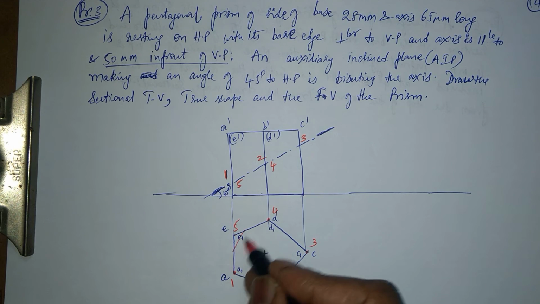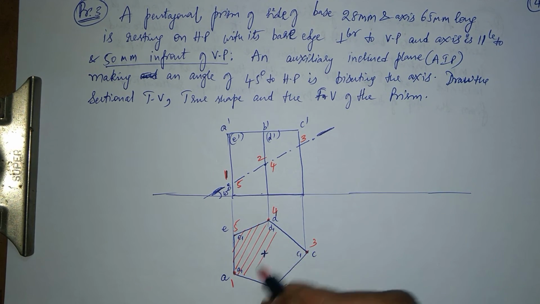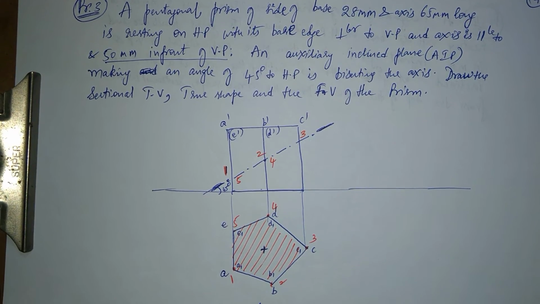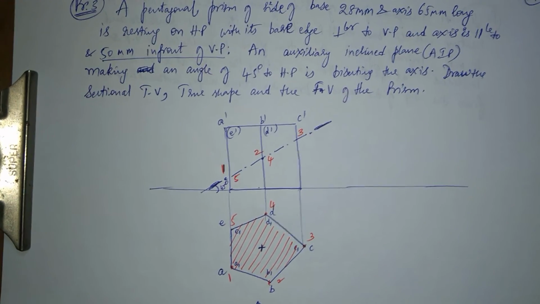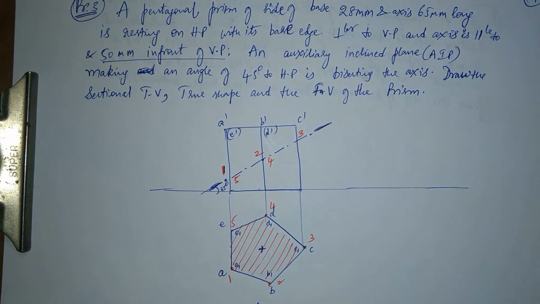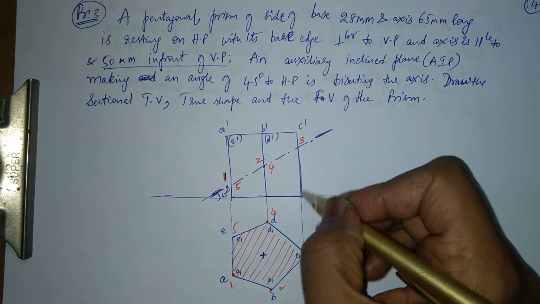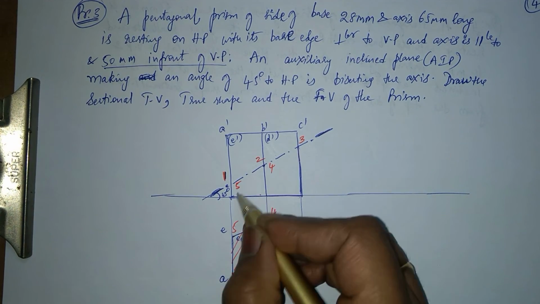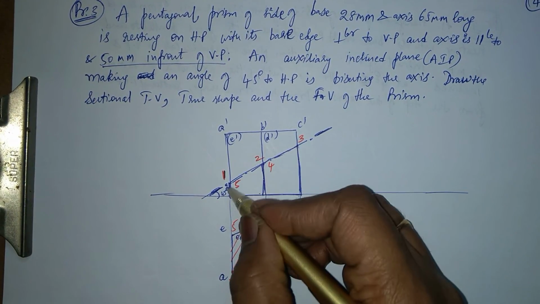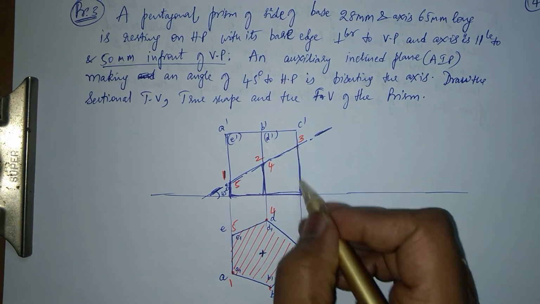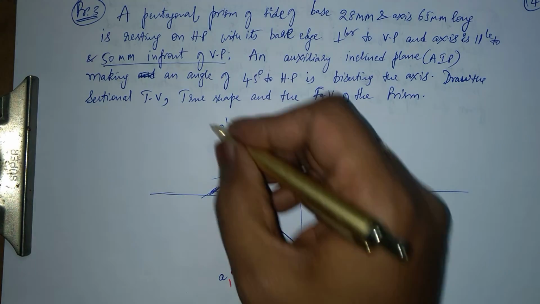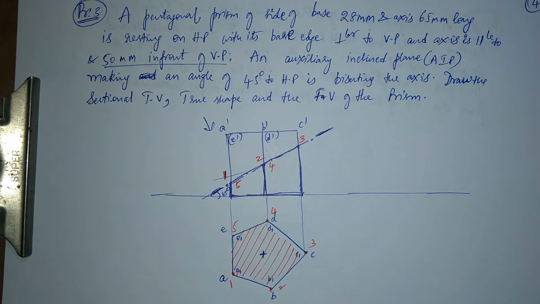This is called the sectional top view. I see the section and the remaining part of the solid. So this part is gone. This part is gone. Only this part is remaining. So this part I'll just darken. So this is also solid. Only this part is remaining. This part is gone. This part is removed. Since you are seeing from here, the observer is seeing from here.